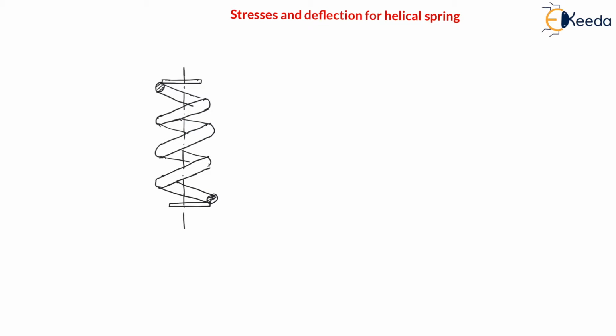Now my dear students, in this helical spring, this is made with the help of wire. The wire is turned. There are a number of turns, and here we are assuming small d is the diameter of wire. Diameter of wire means this wire will have some diameter d. Whatever the diameter of this wire is, it is small d, right? And there will be a mean coil diameter which is capital D.